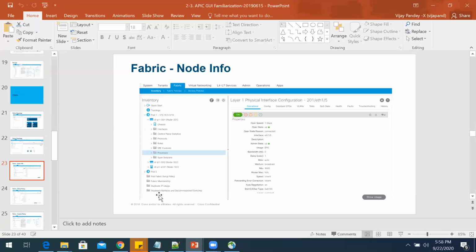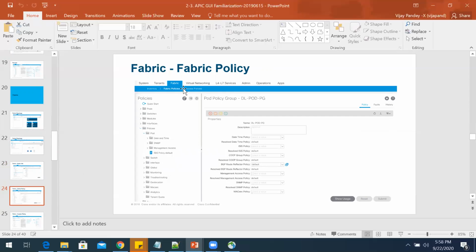You get all the information about your leaf and spine physical information, or you can say inventory or physical level. If suppose one SFP is missing, or something is damaged in your leaf and spine, you can check all the status from here. If I go for the fabric tab, in the fabric tab you have three tabs: inventory, fabric,